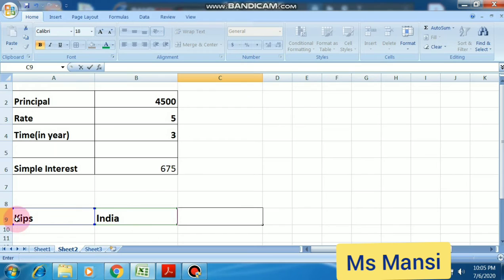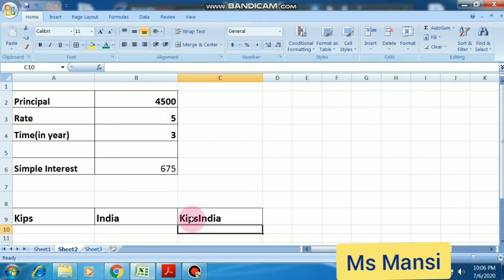If I want to join these two text values in this cell, I will start with the equal to sign, select this cell, then the ampersand symbol, and then select the B9 cell. This is the formula for concatenation, and then I press enter. See here, KIPS India is now joined.